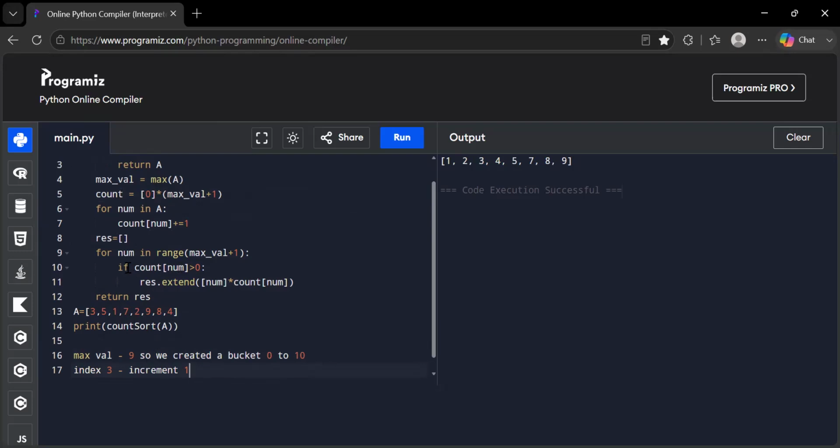And then we are starting from 1 to the max value, and whichever element we get, so from 1, we see 1 has occurred one time, so we will add 1 first. This is how it is sorting. And why are we multiplying by count of num? Let's say a number 1 has appeared 3 times, and if I run this,